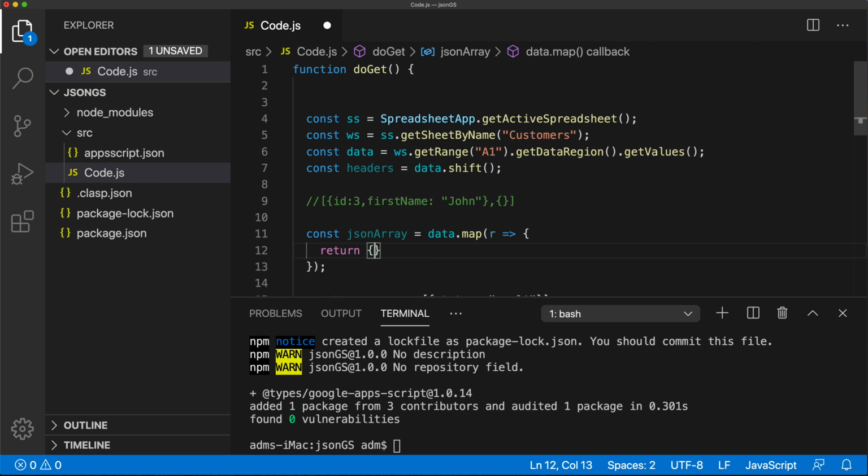And in that object, it's basically going to be the ID is the first column, whatever the ID is. So if I was doing an example of this, I would say ID colon, and then it would be R0 to get the first column. That's where IDs are from this row. And then I would do a comma here, and to this same object, I would do, let's say, the first name or whatever it's called. And then the first name would be, well, instead of this, we'll do R1, which is the next column over,